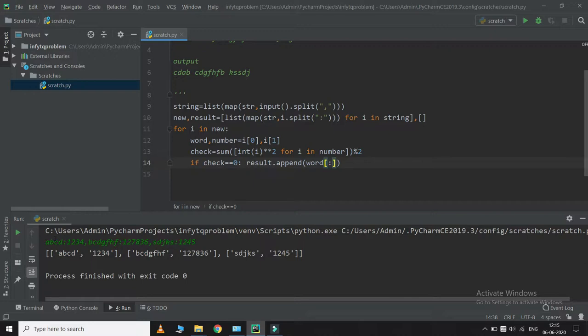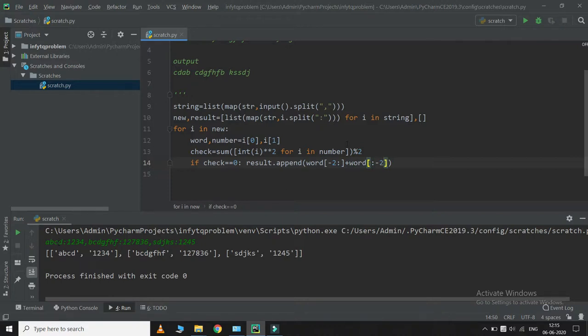So we have to take the slice from which we will get C and D. So it is from -2, we'll take everything, plus we'll get word, which is from the first to -2.